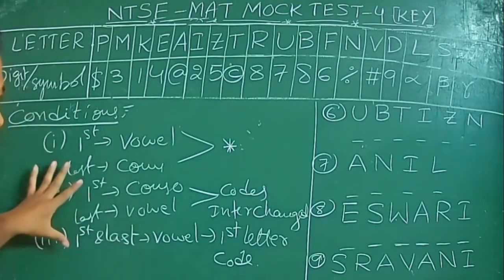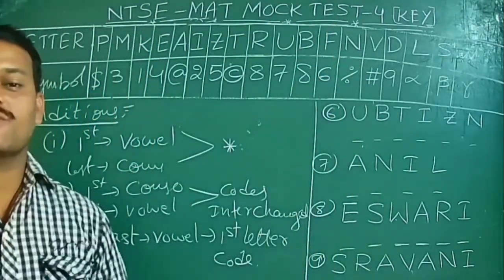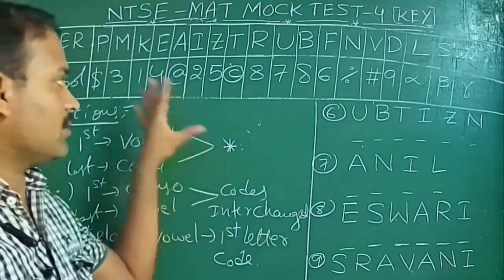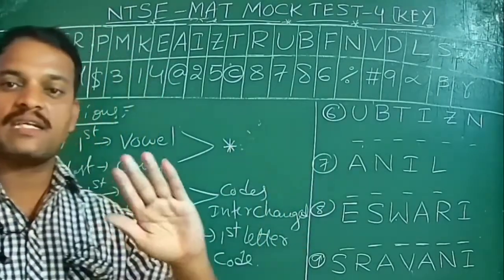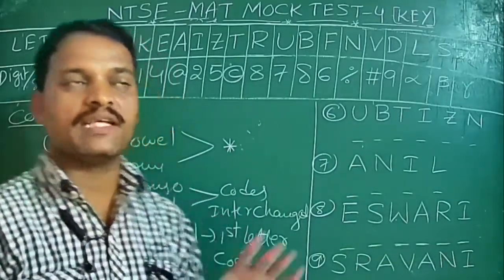So based on the conditions, using this table you have to solve the 6 to 9 questions, students. Okay, so now this is a very interesting paragraph. Based on this, this mock test as well as this model will come for the next grand test also. Okay, see here.